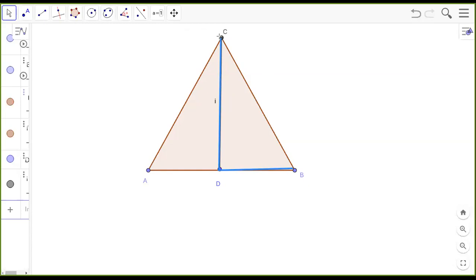Can you see what I'm drawing there? Can you see the blue color region there? That's a right triangle. That's definitely a right triangle because we have drawn the perpendicular here. So if this is the triangle CBD, which is right angled at D, then your BC square will be equal to BD square plus DC square. Now each one of them is A here. So that was what I was trying to do there.